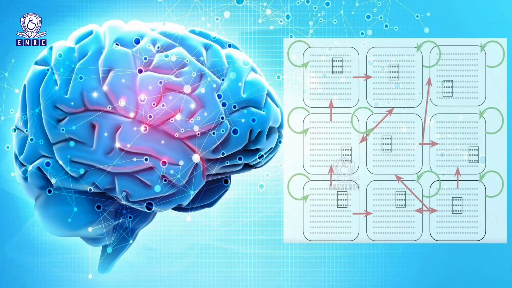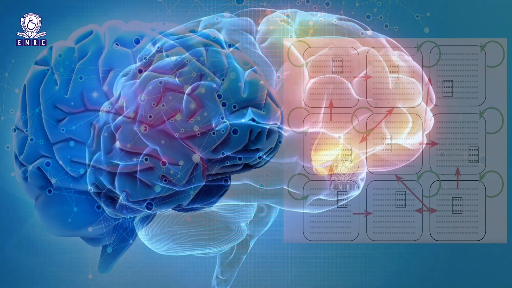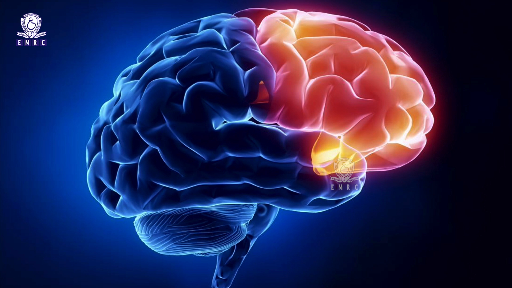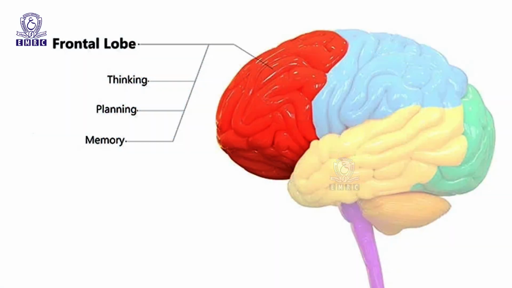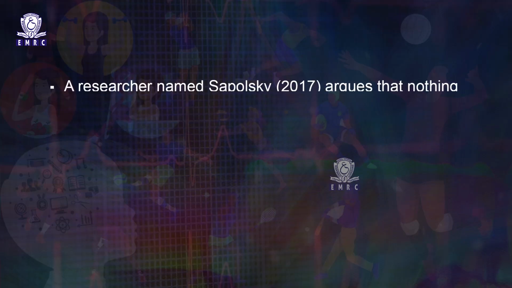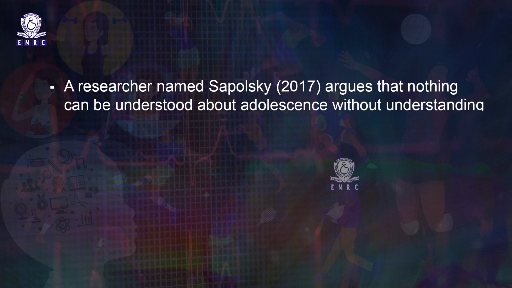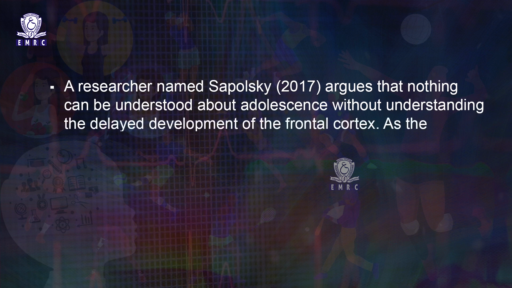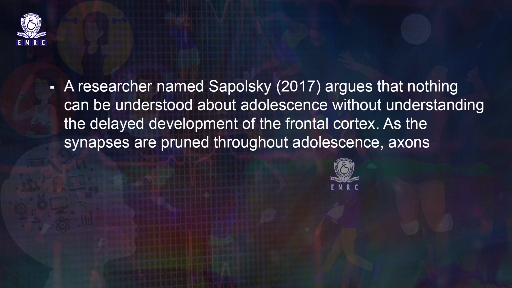Recent research also indicates that pruning occurs in some parts of the brain earlier than in others. In general, it proceeds from the back to the front part of the brain, with the frontal lobes among the latest to show the structural changes. The frontal lobes are the key players in executive functions of planning, working memory and impulse control, and the latest research indicates that they are not fully developed until the mid-20s. A researcher named Spolowski in 2017 argues that nothing can be understood about adolescence without understanding the delayed development of